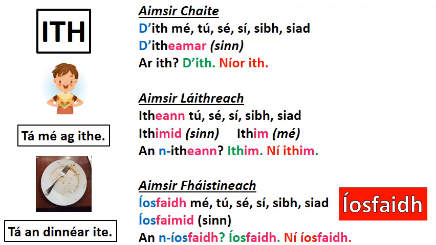Okay, we're going to look at one last verb for today, and that'll be it. So, next, feic, which means to see. Again, you would use feic to give somebody an order. So if you wanted to say, see the bird, you'd say feic an t-éan. Now really, you probably wouldn't, because you would be more likely to say look at the bird. But that's how we would give an order. We would just say the word feic. Then we have to have an ag part to do our -ing.